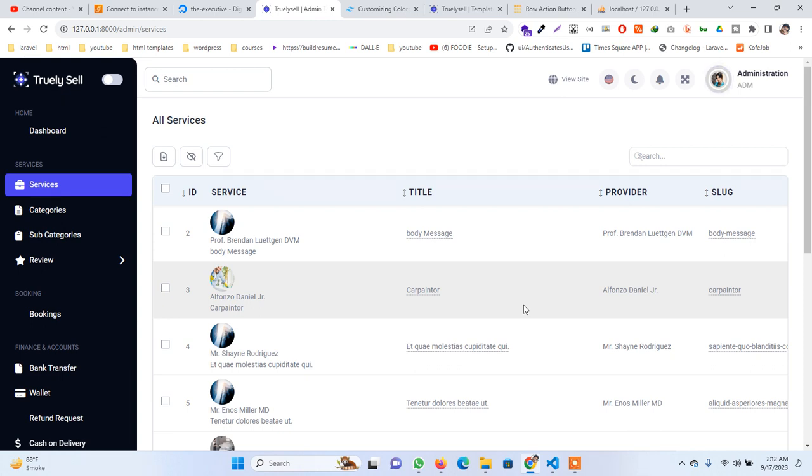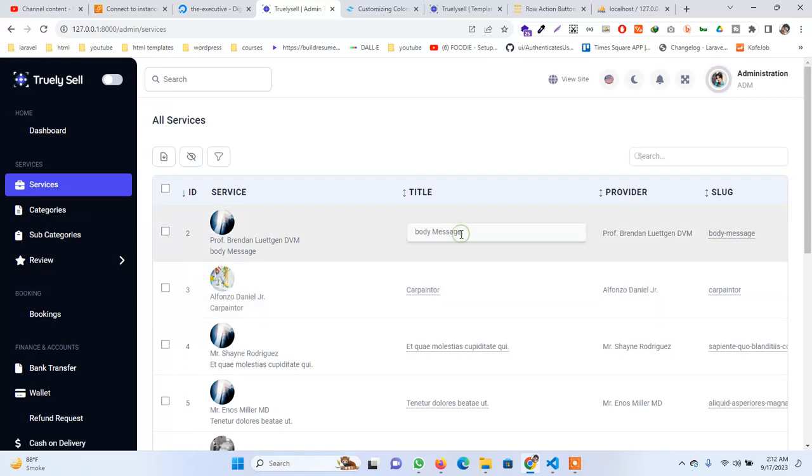In this lecture I will explain how I add the inline edit option in my services table, and other features which I explored in the Laravel Livewire PowerGrid package. For example, here is the name, body massage by one. I make it one. So as I change the value,